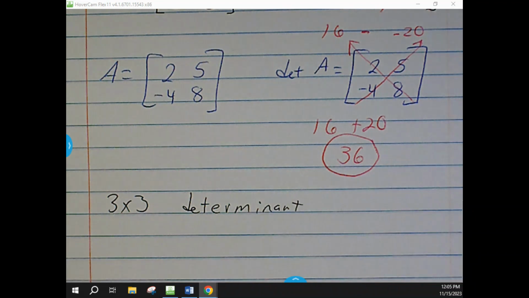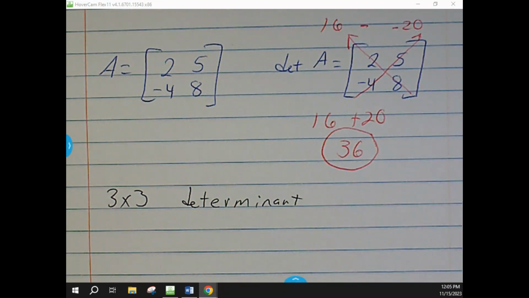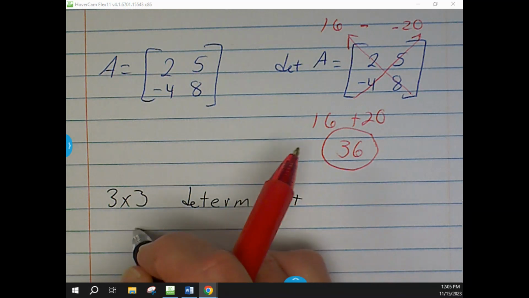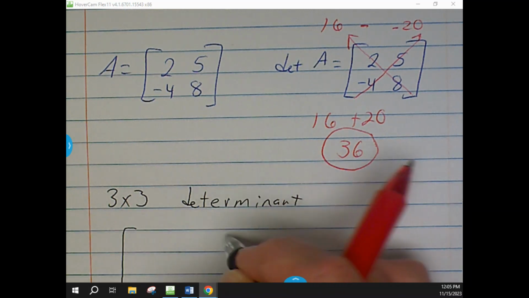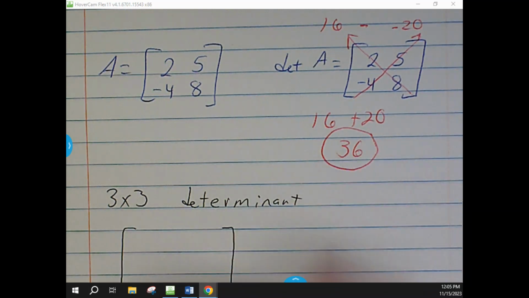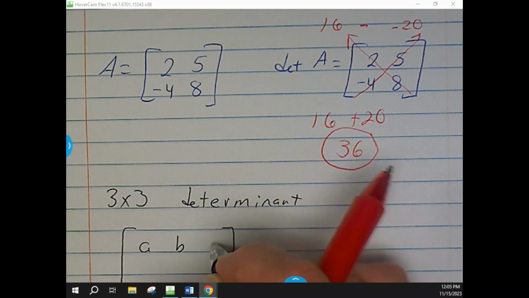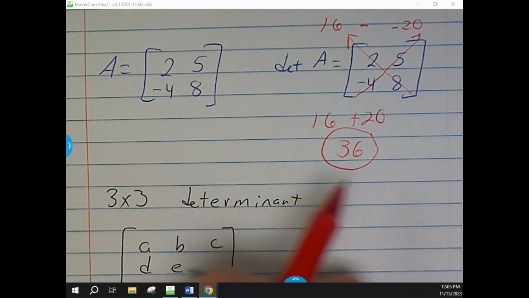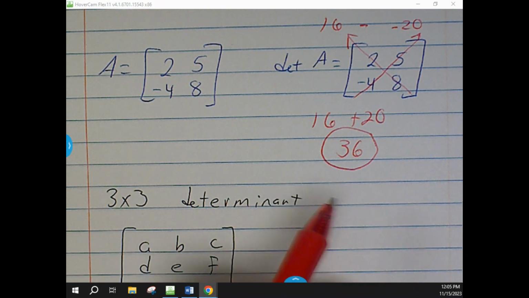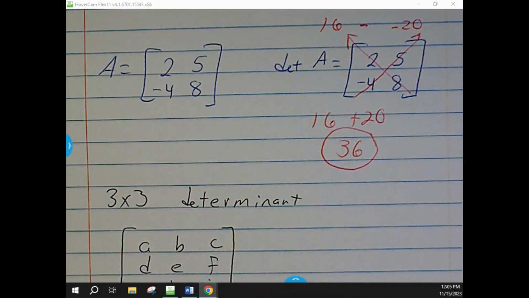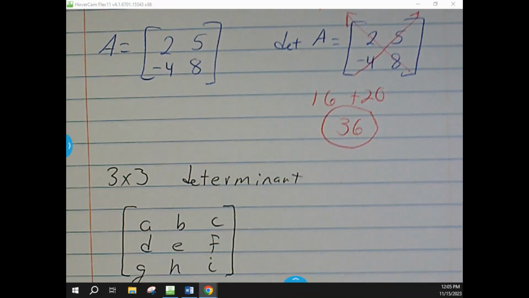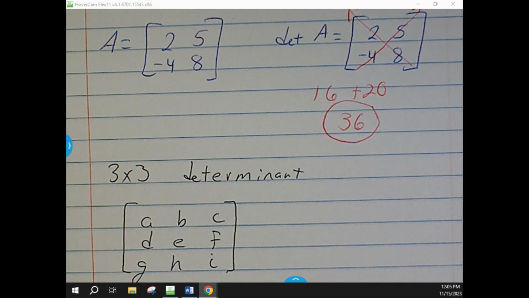All right, 3 by 3 gets a little tougher because it's a little bit bigger. We're still going to do cross products, but when we go back and do this one, it doesn't quite line up. So we're going to show you what we're going to do. We're going to go A, B, C, D, E, F, and then G, H, and then I. Not that you can see that because I didn't bring it down. Okay. So if we've got a 3 by 3 determinant, if we've got a 3 by 3 matrix,